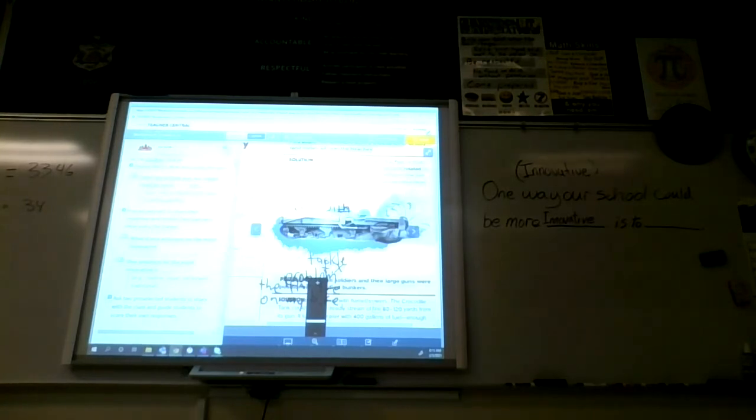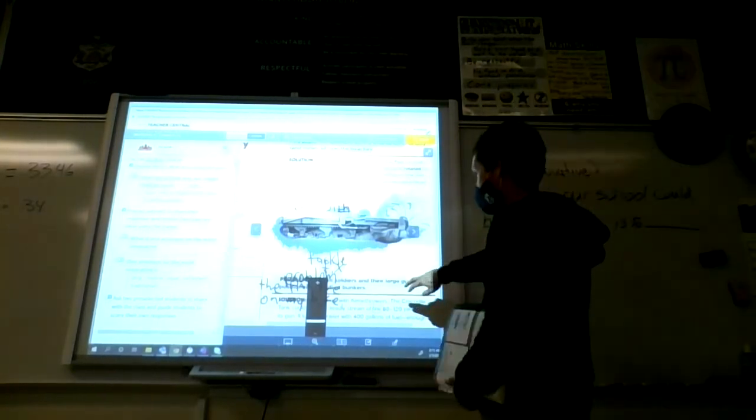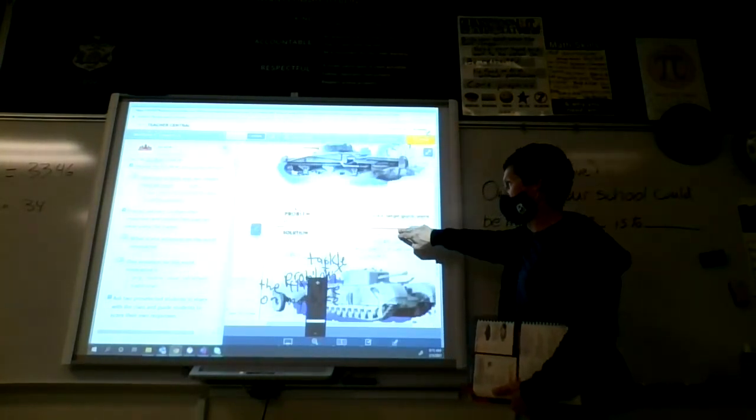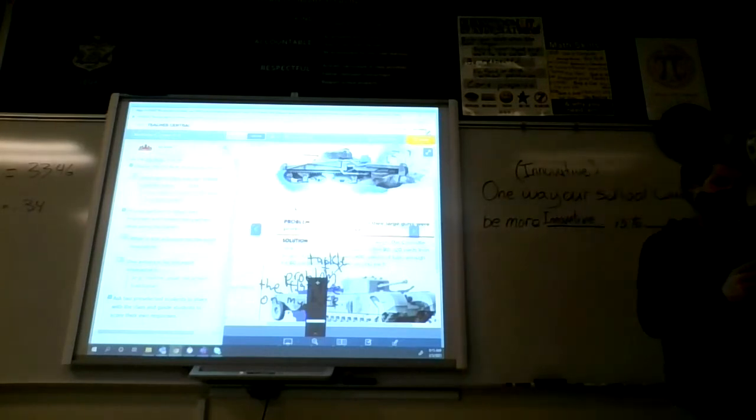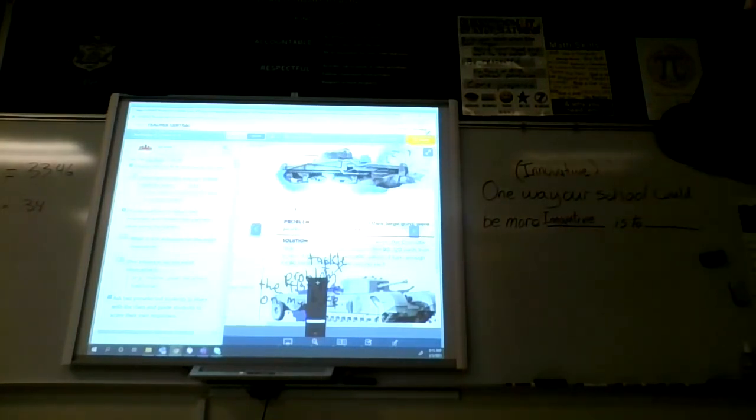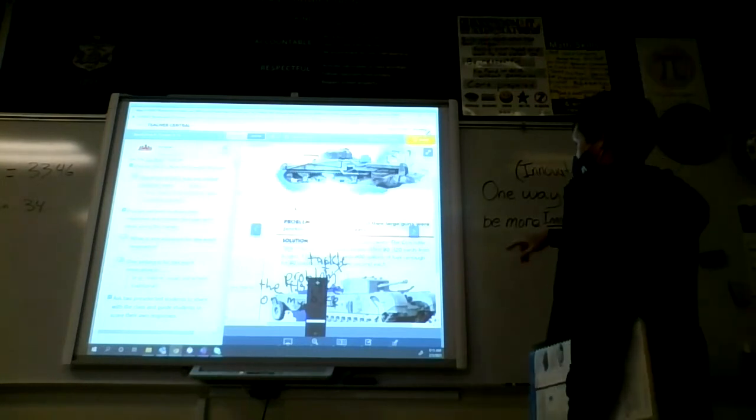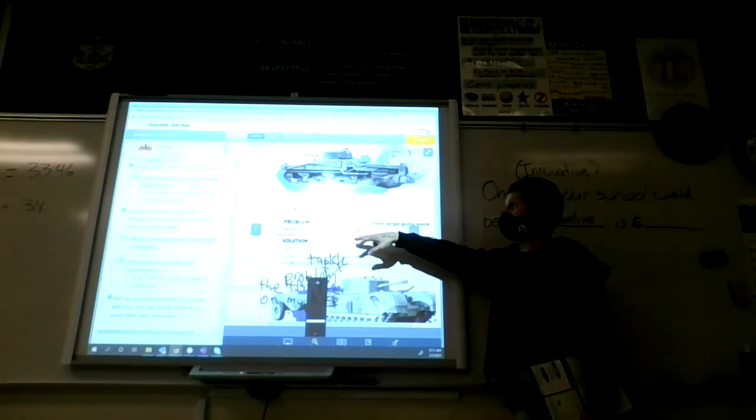Right below that, paragraph 11. Okay, so problem. German soldiers and their large guns. Point your fingers on there. Great. Where were we at? Positioned in fortified bunkers. Let me hear you when you read. Remember, you guys need to be following along here. Just saying the word, right? Pause. So, they're positioned in fortified bunkers.